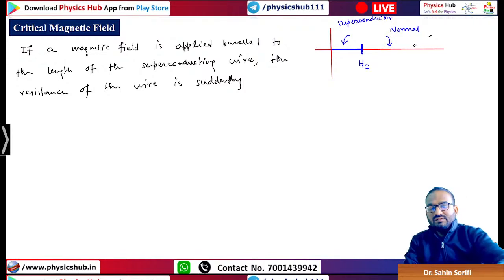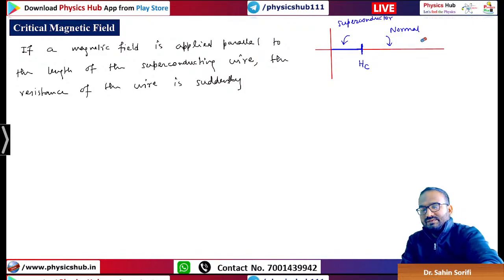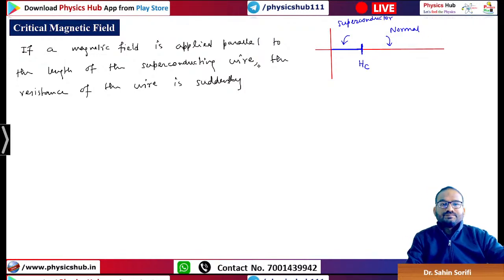For a normal conductor there will be resistivity, right? So if a magnetic field is applied parallel to the length of the superconducting wire, the resistance of the wire is suddenly restored